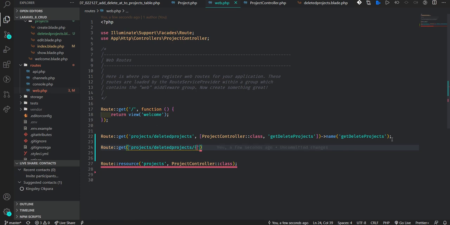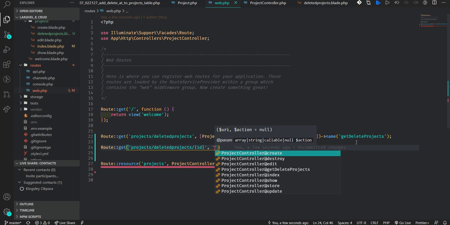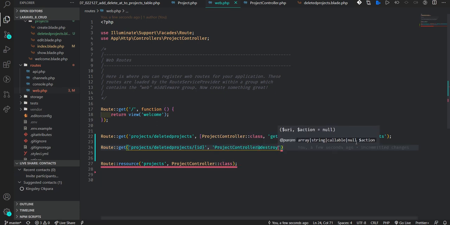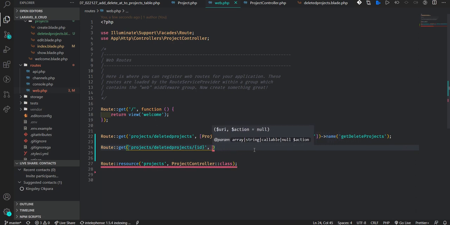We will give it an ID. It's going to collect an ID. For Laravel 7, they have something like this. This is how they do their routing, but this is Laravel 8. So Laravel 8, this will complain about the class, but for Laravel 8, you are going to put it inside an array: a project controller and a method.